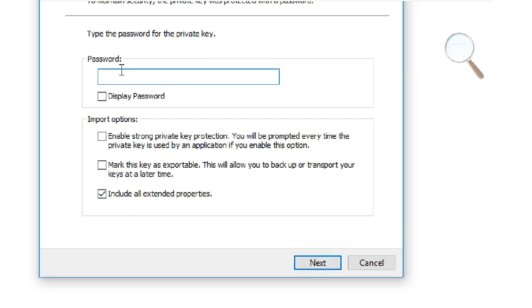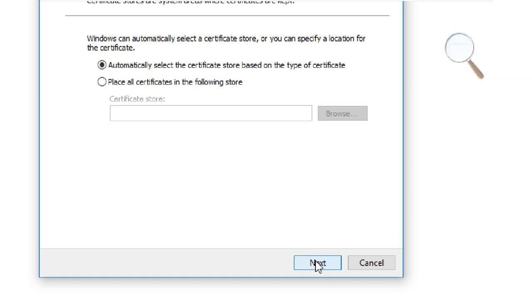Good. Next. It will ask for the password. If you got the key, it does not mean it will work. You need a password for that, because I gave a password for my key. JAQ1234 is my password. Next. Okay, you automatically place. Leave it for automatic only. So don't touch it now.